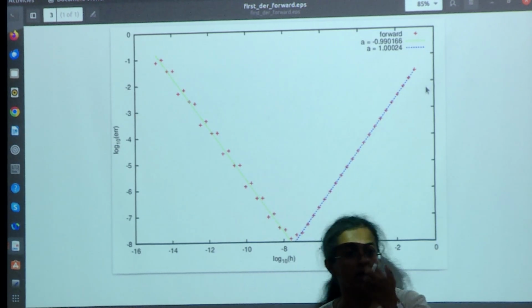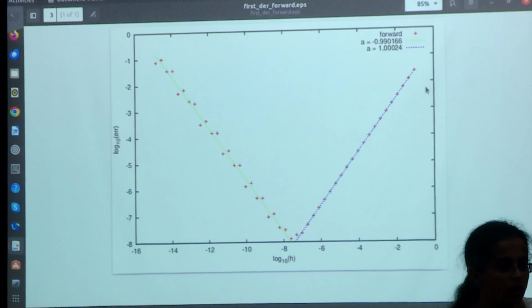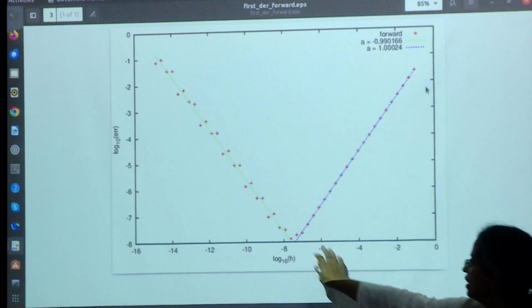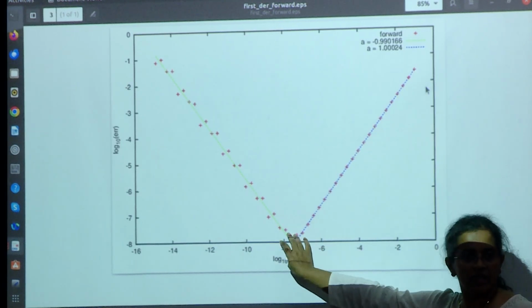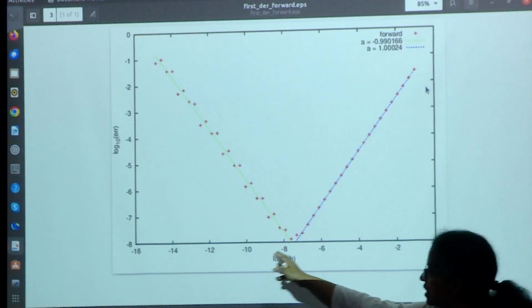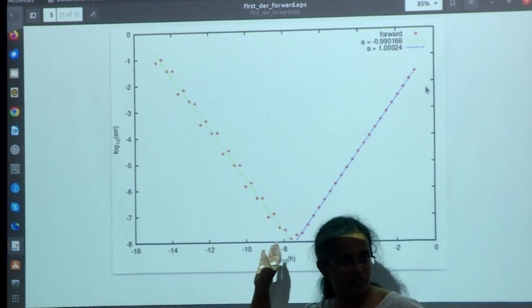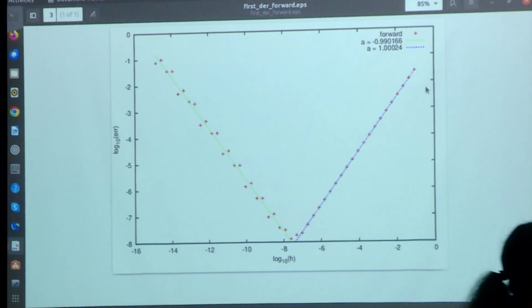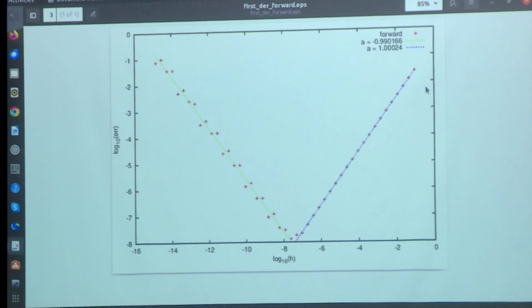So you cannot possibly keep decreasing your h as small as you want. There is always a threshold after which you cannot do better. And that threshold is roughly this 10 to the minus 7, 10 to the minus 8. That's it. Okay? And there you see, you get almost the precision you want. Because if you work with single precision, I said you will get something like 10 to the minus 7 or 10 to the minus 8. And that's all. You can't do better than that. Okay? So then,